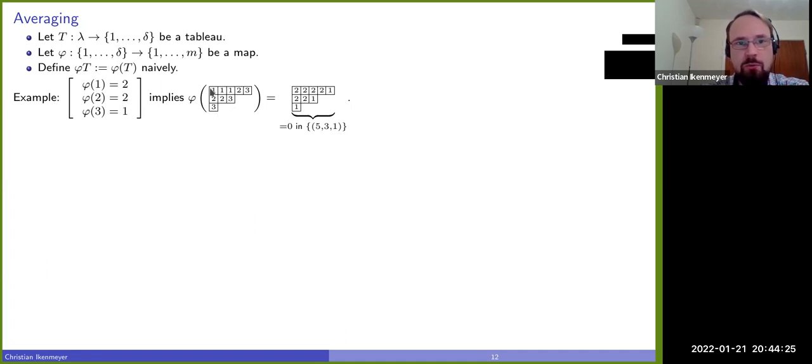What it does is, well, the 1s are mapped to 2, the 2s are mapped to 2, and the 3s are mapped to 1. Okay, and I'm always working now in this quotient space, so I already see that here there's a repeated 2, for example, and this is going to be the 0 vector. This one here was not the 0 vector, but this map now maps this to the 0 vector here. So this here is the quotient space that I was just talking about.